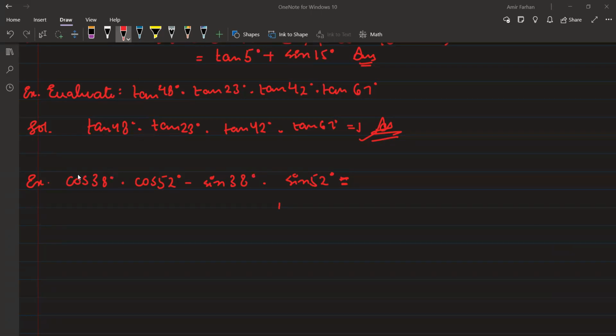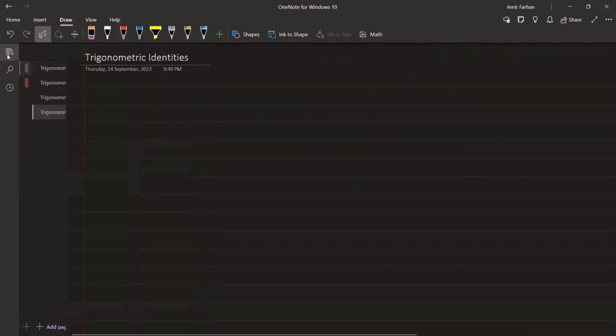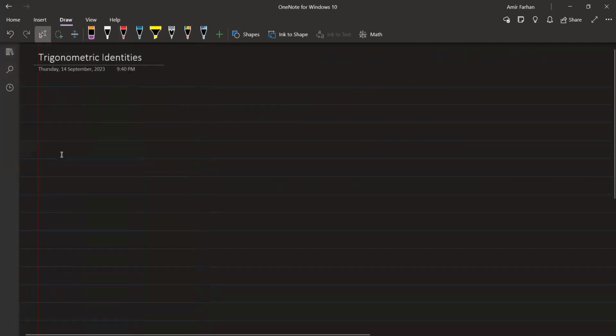Yes, Adil, done. What's the answer of it? 0. Very good. Now you have got the concept clearly, Adil? Yes, very good. So Adil, let's move to the next topic. This is all about complementary angles. So our next topic is the trigonometric identities, Adil. So let's